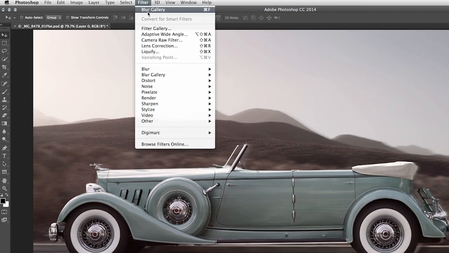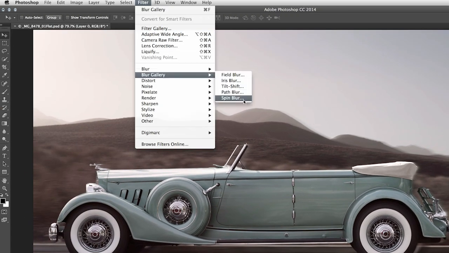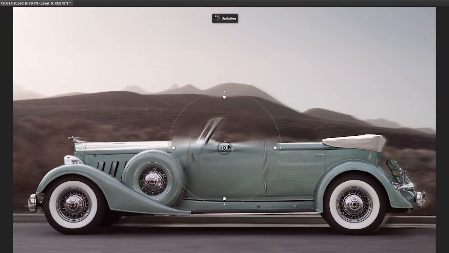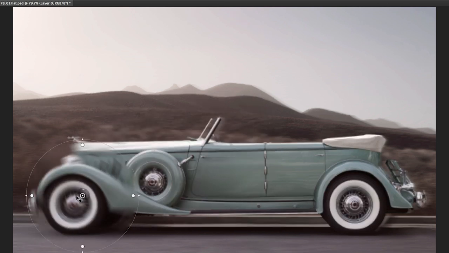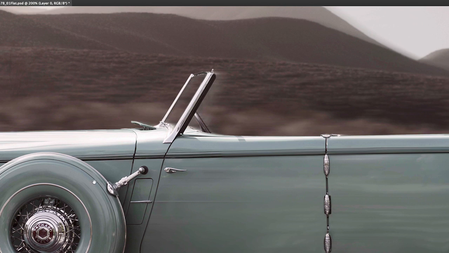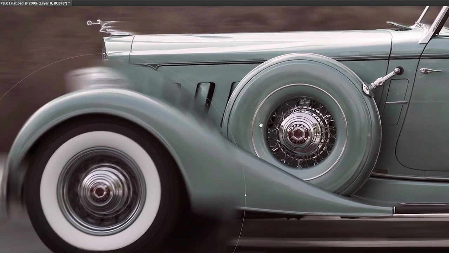Then I'll choose Filter, Blur Gallery, and Spin Blur. As soon as we select Spin Blur, Photoshop is going to create a default ellipse. We can use the pin in the center of the ellipse in order to reposition the spin. Then let's go ahead and zoom in, maybe one more time, and reposition the image so that we can see